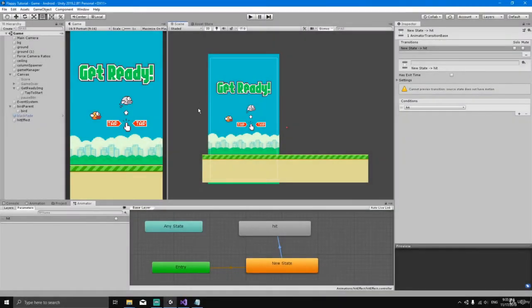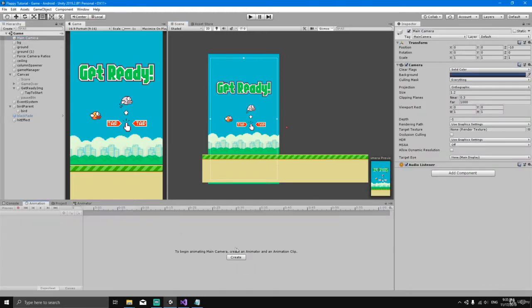Alright, so in this video I'm going to try and create a camera animation. When the bird hits the pipe or the ground, there's a camera shake, and it's going to be a nice touch to our game. To do this, we're going to select our main camera, select the animation window, hit